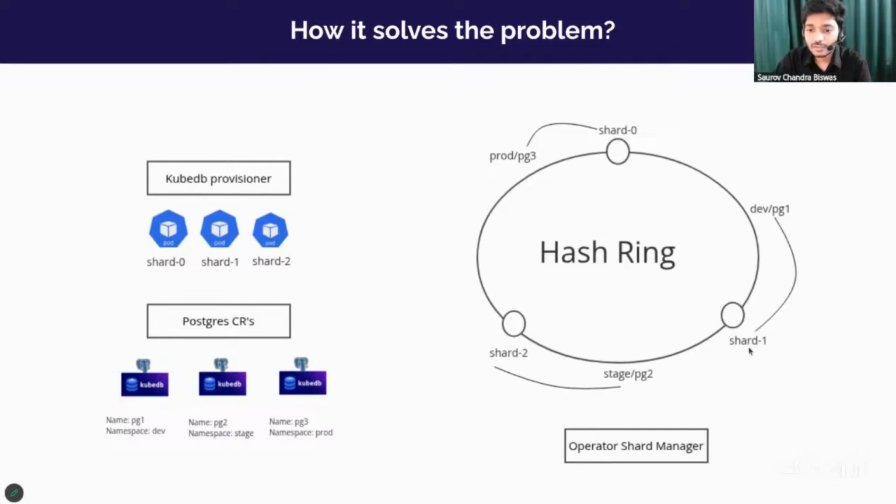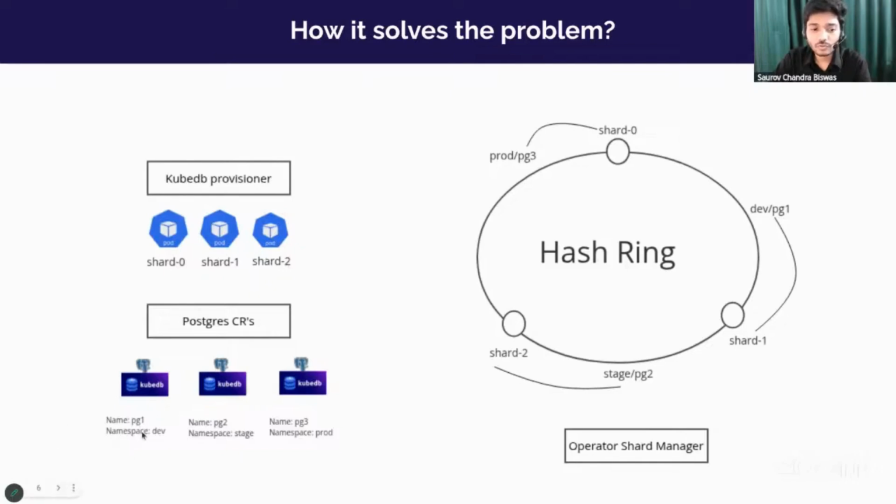Once this label is set, this particular shard 1 will see that it has a label that matches the name of this pod, so then it will start processing this particular custom resource. Now notice that it doesn't match this one and this one, so they will basically ignore this